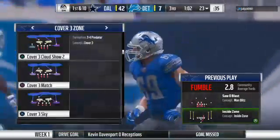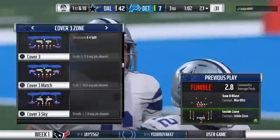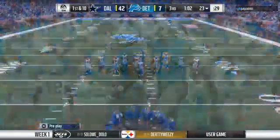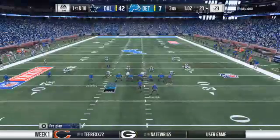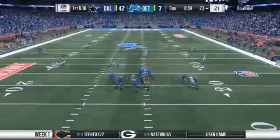They may have the edge on the scoreboard, but that hasn't made them pass it, has it? I mean, they've dialed up a pretty good run blitz there. And Brandon, you know that all blitzes aren't just designed to get to the quarterback and the passer. Sometimes you're just trying to take away every gap, every hole that might be created in the running game, and they did it to perfection and caused a fumble there. Took away the gaps, took away the...